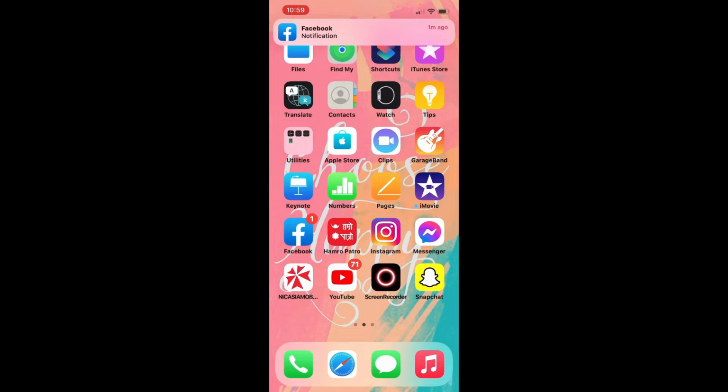In today's tutorial video, I'm going to show you how to hide apps on your iPhone. If you want to hide certain apps on your iPhone from others who might snoop, or from yourself if you're addicted to a particular game or a social networking site, you'll be able to hide it from the home screen